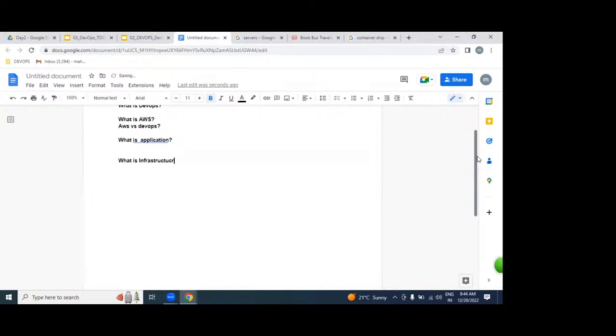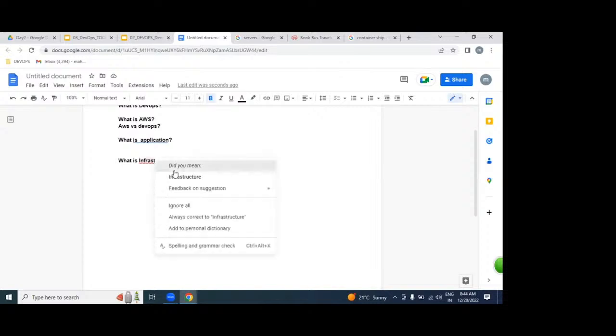Infrastructure. What is infrastructure? If you open a dictionary, what is the meaning? For example, to conduct this classroom, what kind of infrastructure is required?